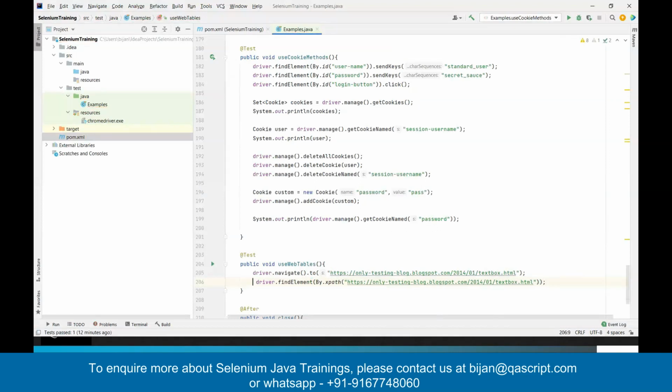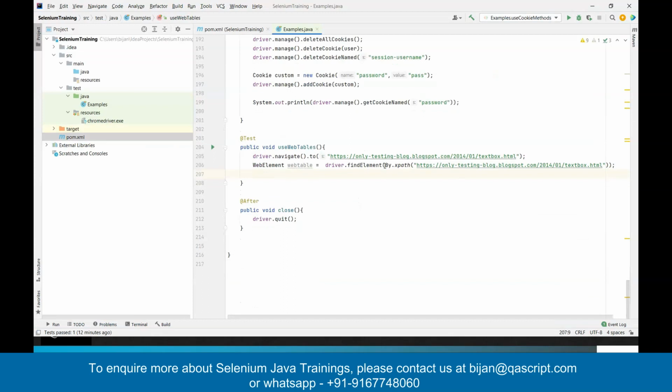Okay, let's store it in a web element. We'll call it WebTable. Okay, so this is our WebTable element. I've used the XPath and stored it in a web element, which is my web table. Now,